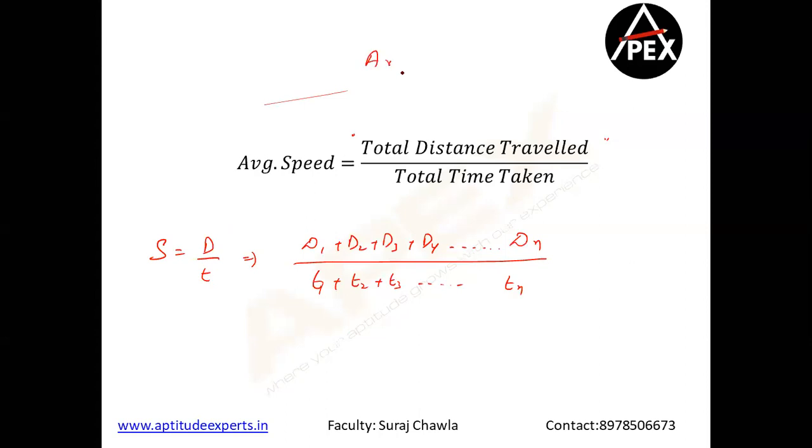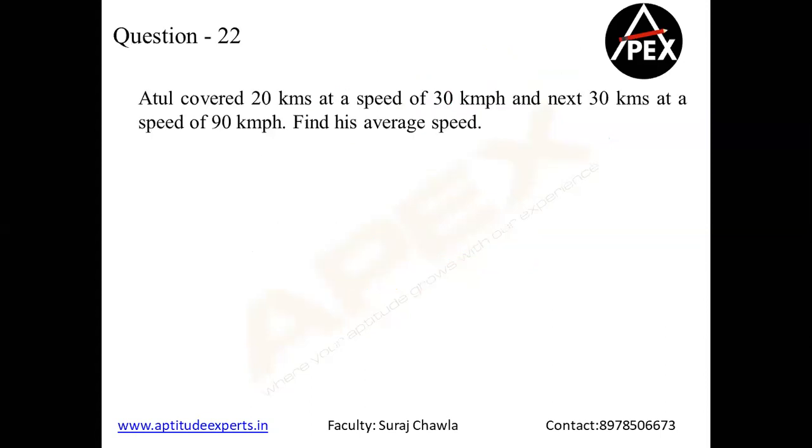Generally, students calculate the average of the speeds. Now, this is completely different from average speed. Clear? The way we were committing some mistakes in weighted averages, if you remember. Clear? Yeah, let's solve this, please.